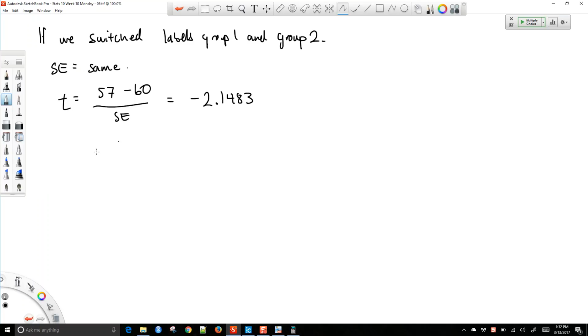The other thing that would also change is that my alternative hypothesis would be that mu1 is less than mu2, or that mu1 minus mu2 is less than 0. So in this case, my alternative hypothesis changes, and my test statistic becomes the negative of the other. And so when we look up t in the table,